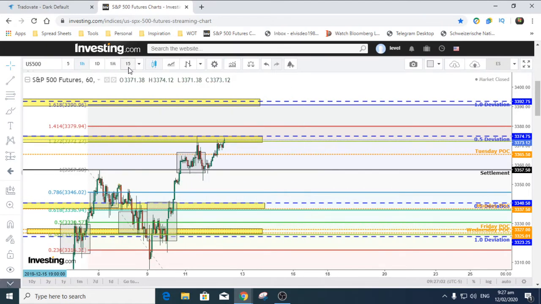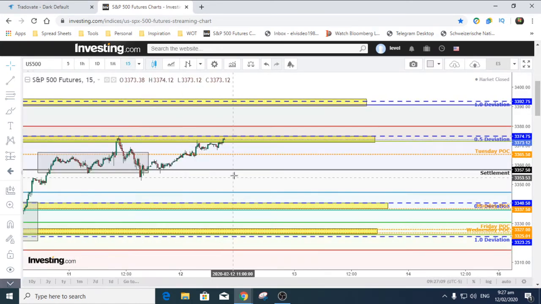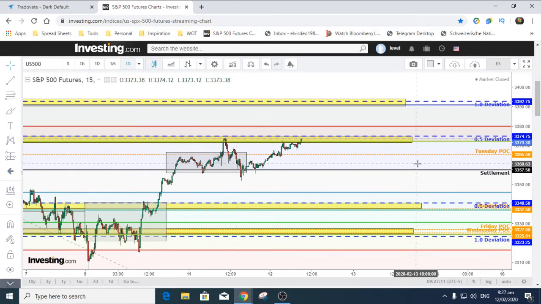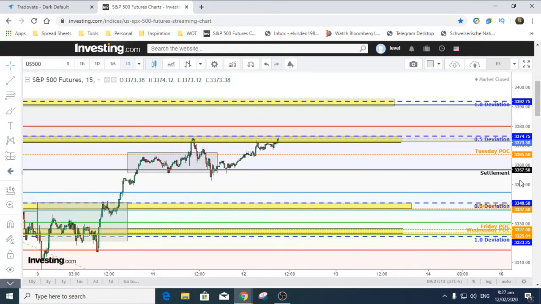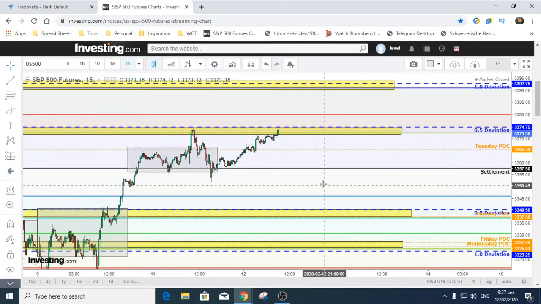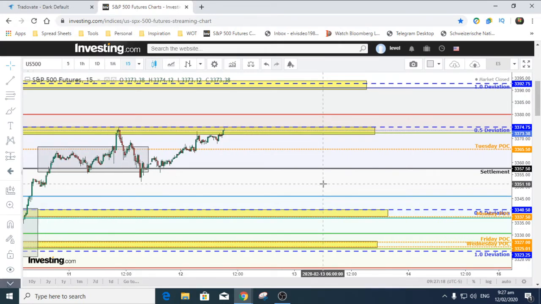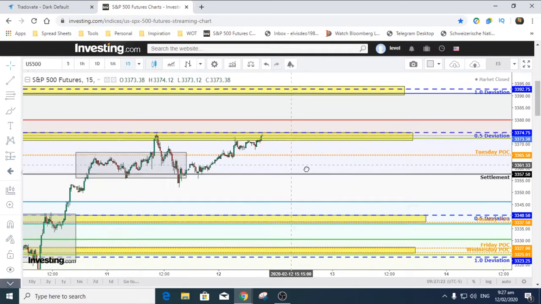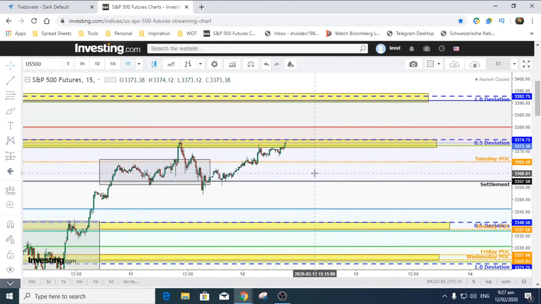And looking at value here, we should change it to a 15-minute chart to get some idea of exactly what we're trying to achieve. We're looking at secondaries between, looking at what occurs here and then managing through that. Now you're trading against all-time highs here, so be very careful of how you trade and what you're trading.